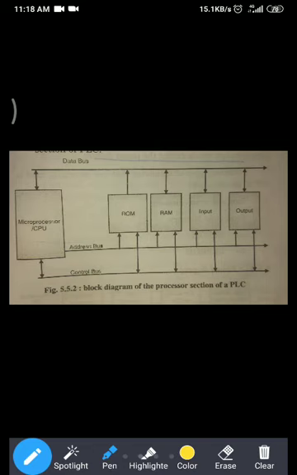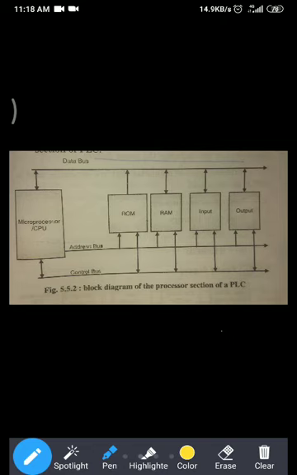So the CPU also carries out the programmed instructions stored in the memory. The internal structure of the CPU is shown in front of you, where you can see the CPU is connected to the memory and input output devices through the bus, which is called the highway of the CPU. Basically there are 3 highways: data bus, address bus, and control bus. Most of you already know the function of all 3 buses.